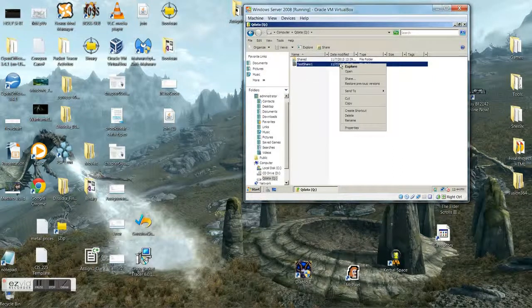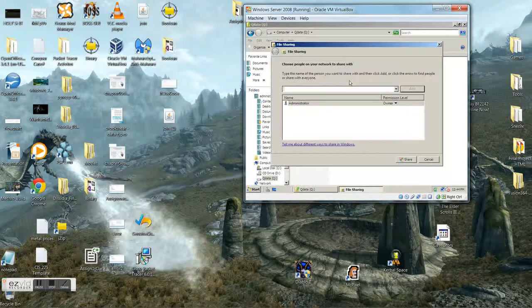Then we're going to right click this again, and then we're going to go ahead and hit share. What that does is open the file sharing wizard. Okay, and we're going to go ahead and click the list arrow right here. And we're going to go ahead and select